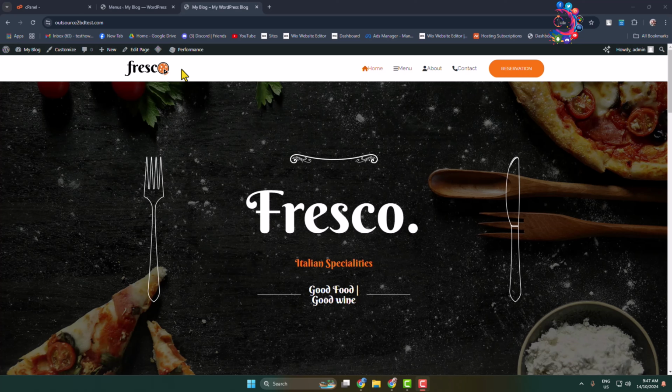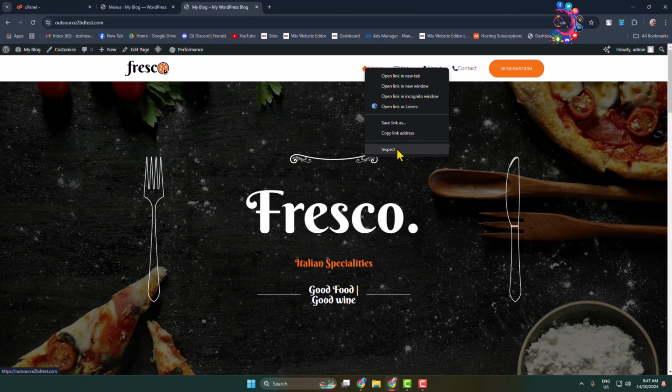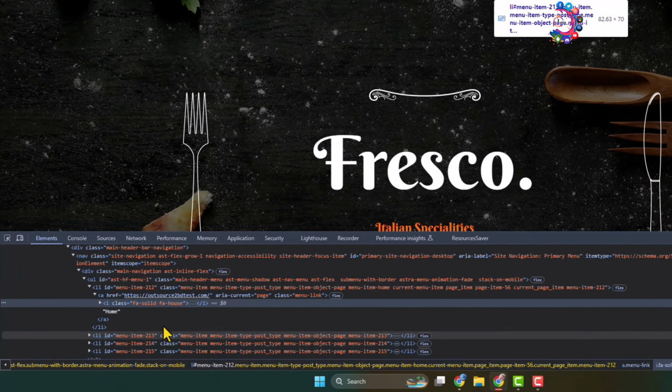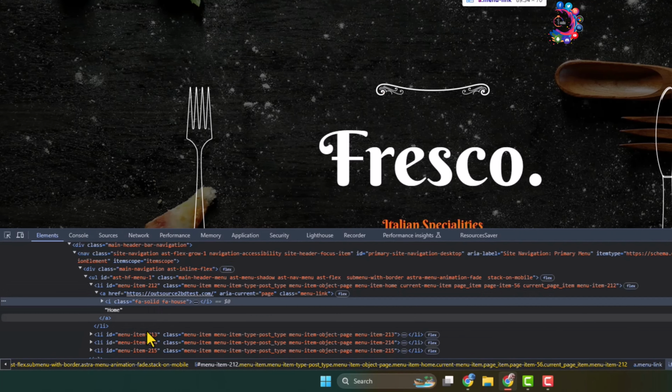And now, if you want to add some custom padding or margin to Font Awesome icons, first of all, you have to find out the Font Awesome icons class name. So all you need to do is right click any of the icons and click on inspect. And here we can see the icon class name is